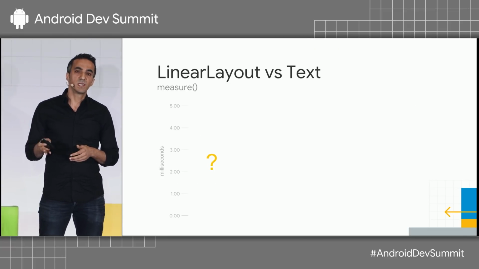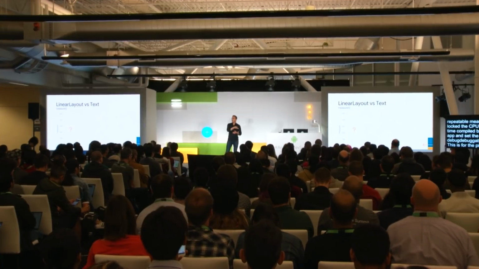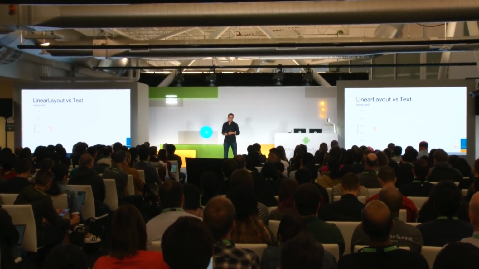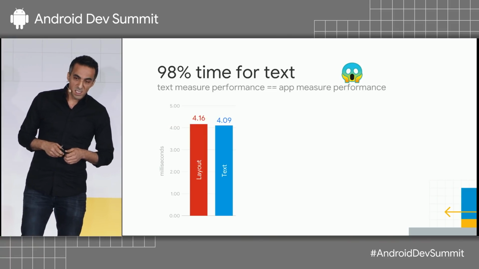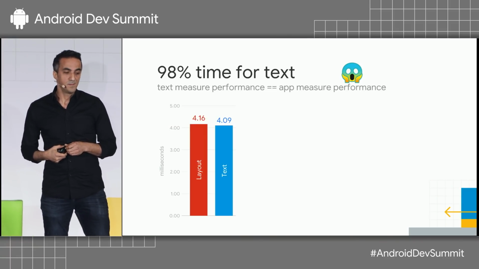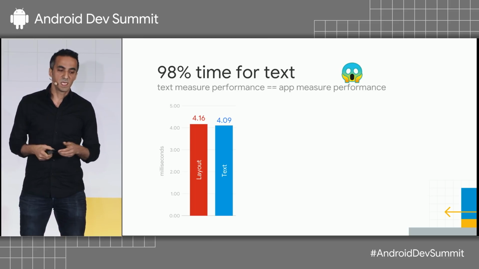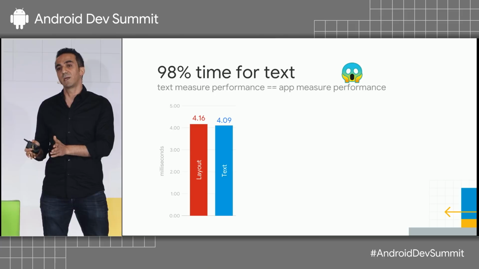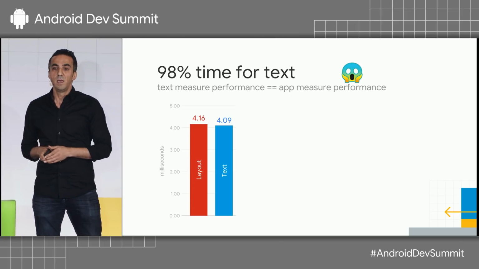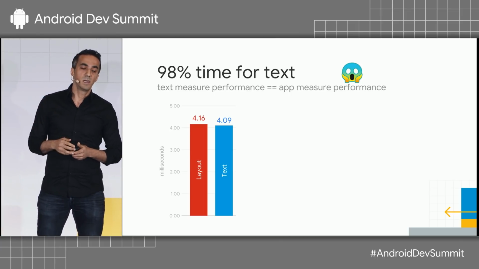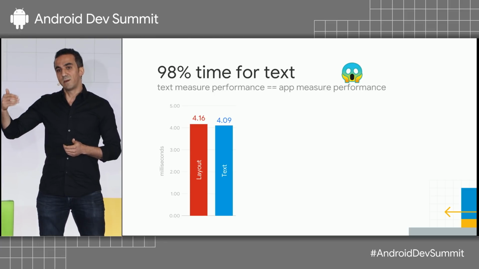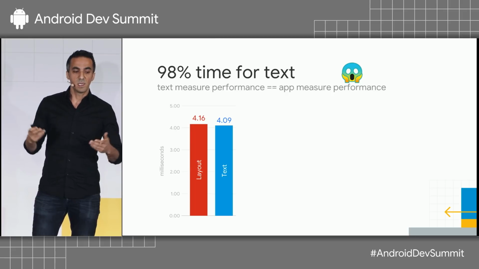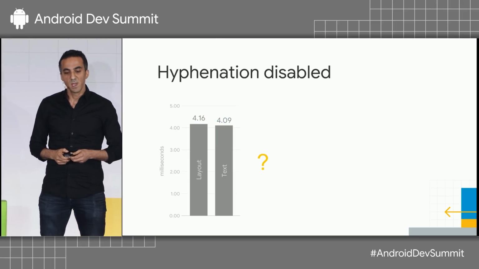So the first question is, how much time does it require for the linear layout to measure versus how much time it requires to measure all those 3 text views? This number was interesting. 4.16 milliseconds for the whole layout, and 98% of that time is spent on text. Since the CPU is locked, maybe normally the numbers on a real device will be lower than 4, but still the ratio will remain the same.